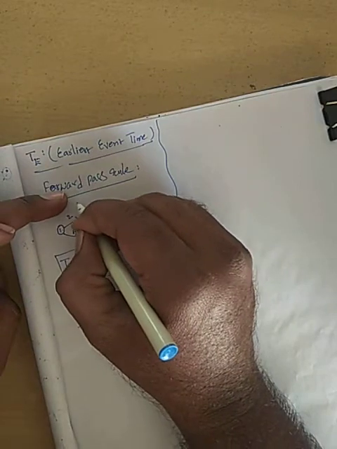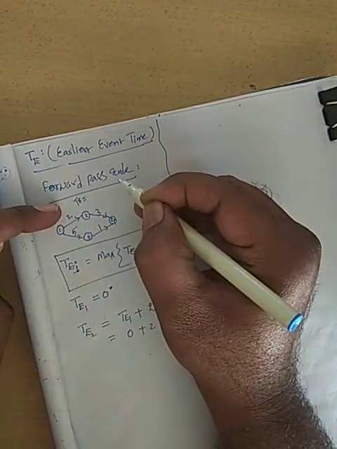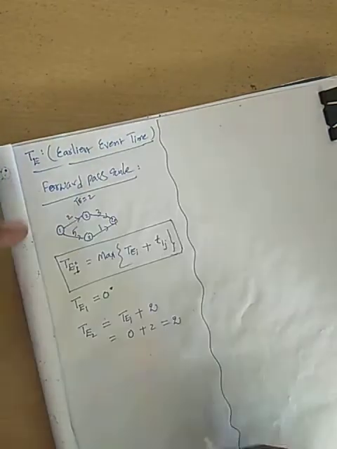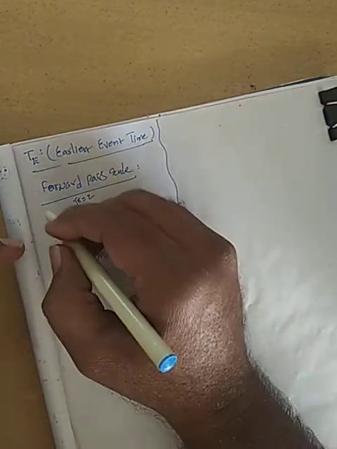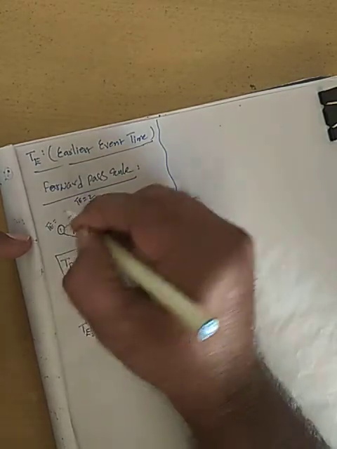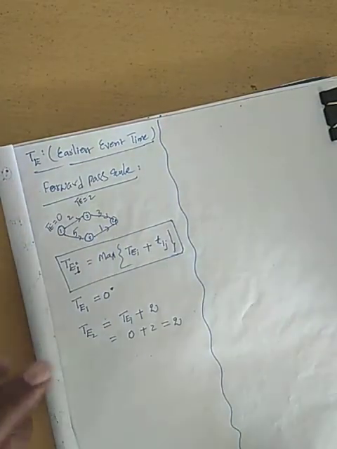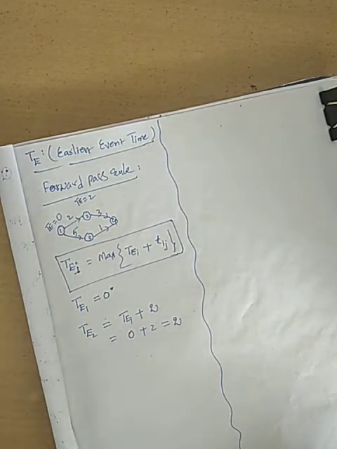So here I am writing TE2. I need not write that. TE2 is nothing but 2. Here also, what is that? Generally TE1 is equal to 0. Here I am not writing 1, 2 because it leads to confusion, but in the calculation I am writing. Okay. Just TE values.